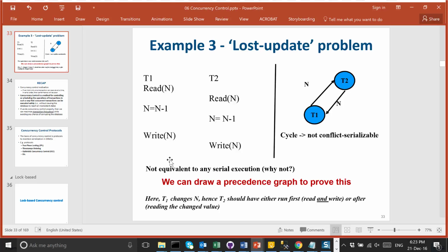Imagine the transactions are started and they are issuing commands. The database will not try to draw this stuff and make a conclusion: there is no cycle, I will allow them; there is a cycle, I will not allow them. That's not how it works. So the way this serializability is achieved is through strict two-phase locking.